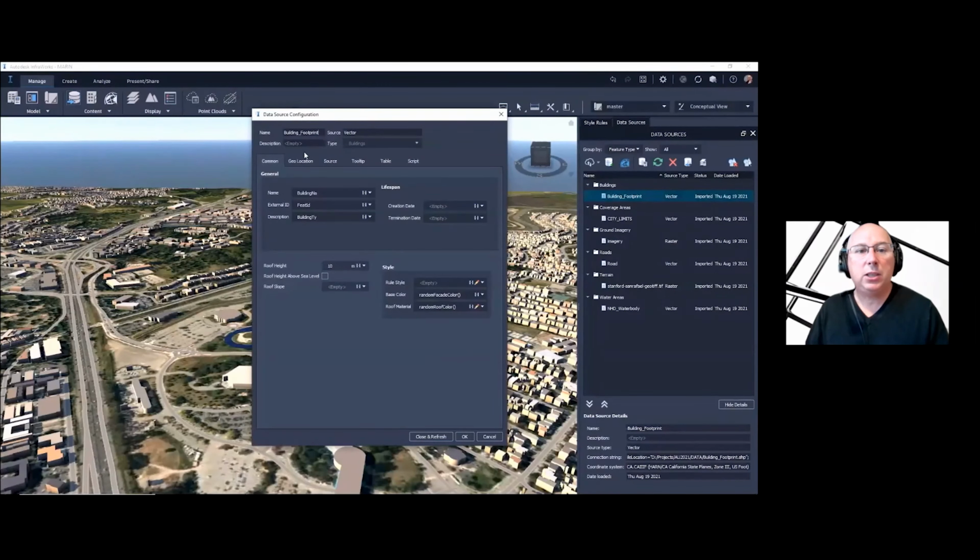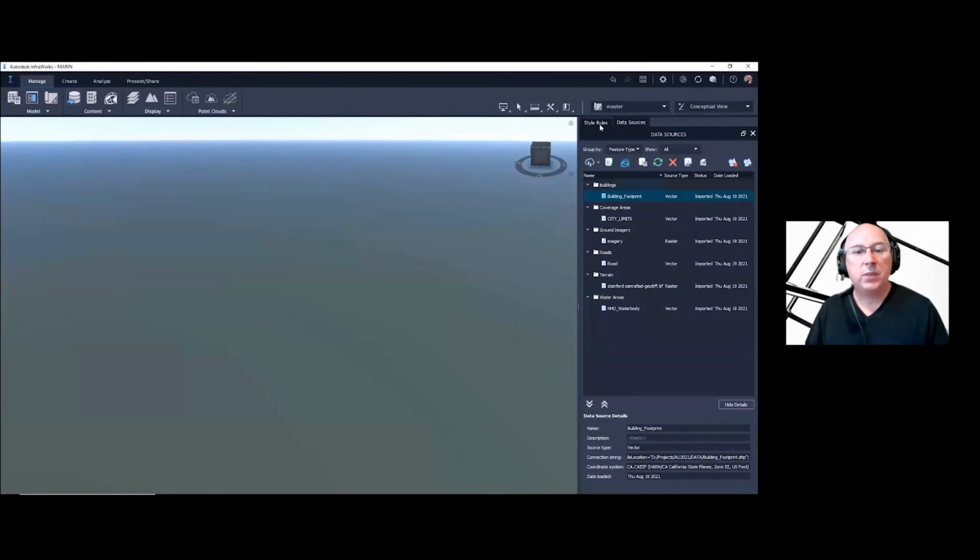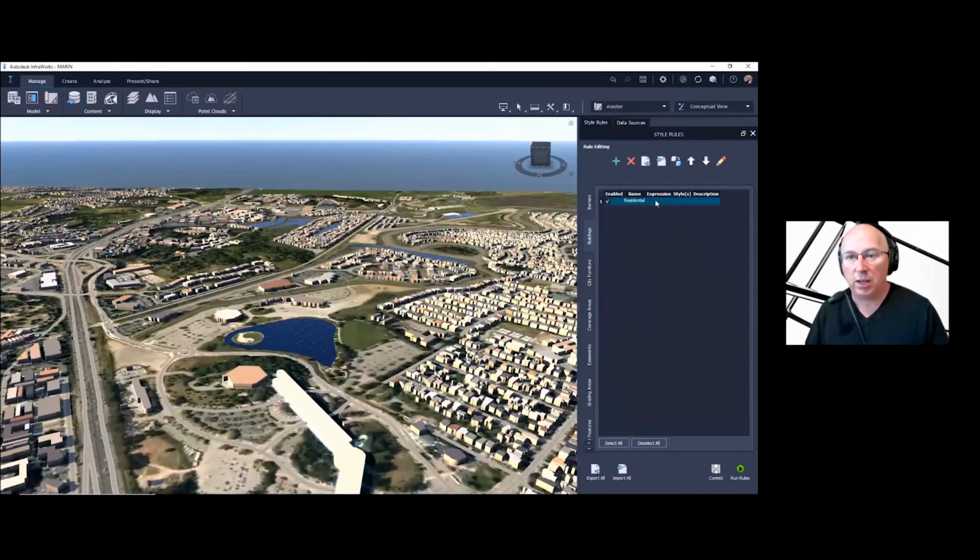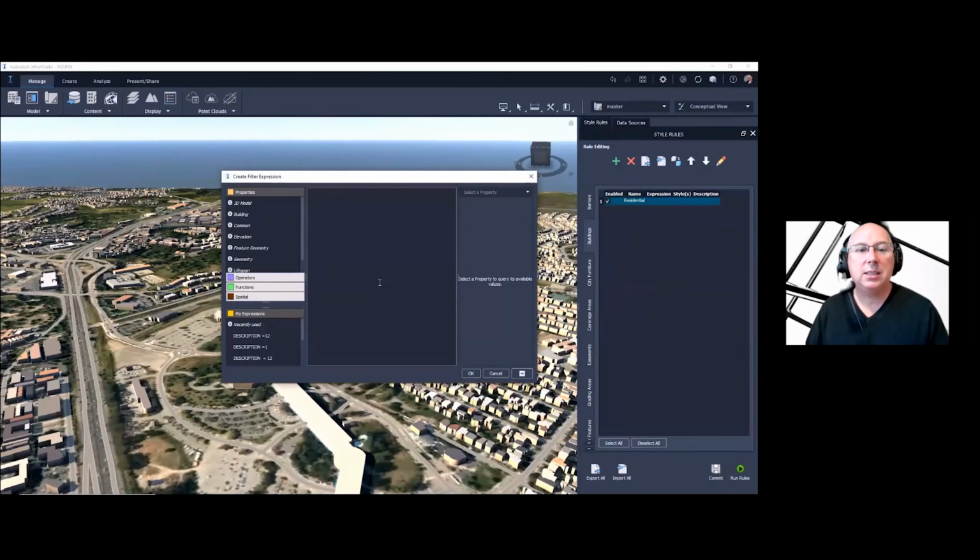And in there, we got to make sure that the description is building type. And that's coming from the shapefile. So the building type is description, perfect. So now we'll use the description to drive the style rule. So we'll go into the expression and say, let's go to one of the common features, which is description. We'll pick that. And if it equals 1, it's residential.